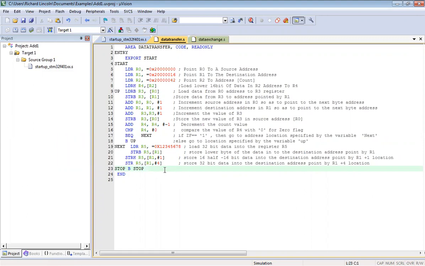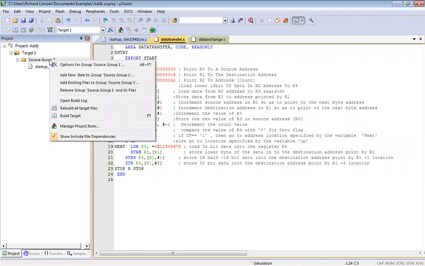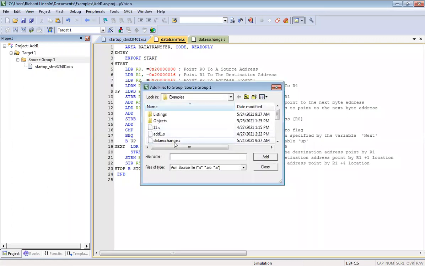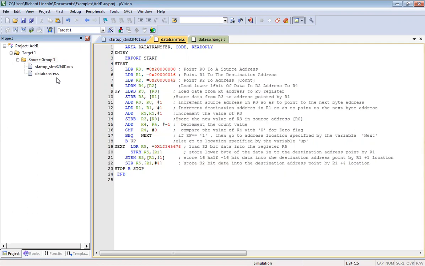So the same data transfer program I have typed in here, and we will see how this is actually executed. So I'm going to add the existing file, right? First we're going to do a transfer, this file, so I'm going to add it there. So this is going to be added in your project, right? Once it's added, you can also see the icon changes. You can see that here it's a plain white icon, and once you add it, the icon changes.